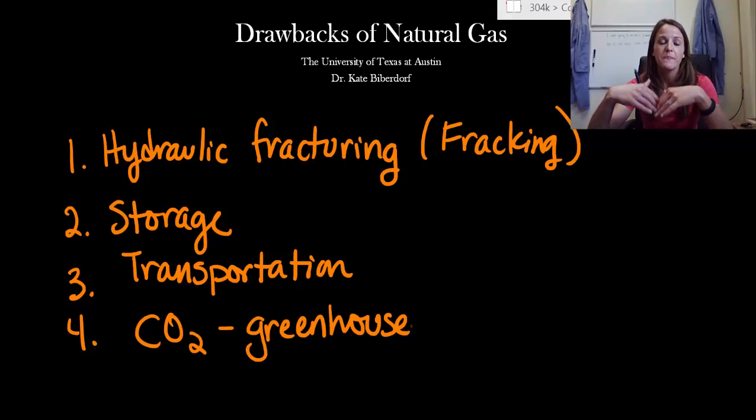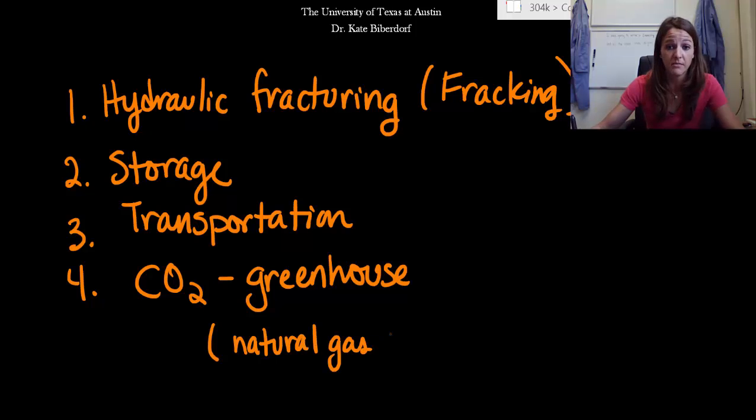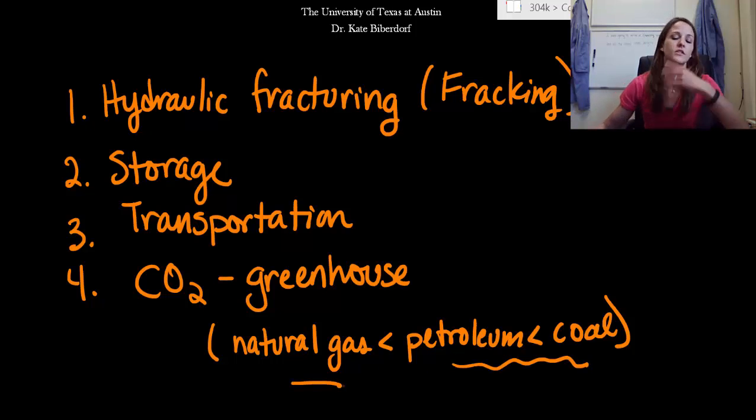So this is bad. The only silver lining, and it's teeny, teeny, tiny, is that the combustion of natural gas releases the least amount of carbon dioxide in comparison to the other fossil fuels. So if I were to rank these in terms of carbon dioxide concentration upon combustion of these fossil fuels, we would say that natural gas releases the least amount, and then we have petroleum, and we have this jerk over here, coal, who releases the most amount of carbon dioxide. And so these two are about twice as much carbon dioxide as the natural gas. And so the petroleum and coal are significantly worse.